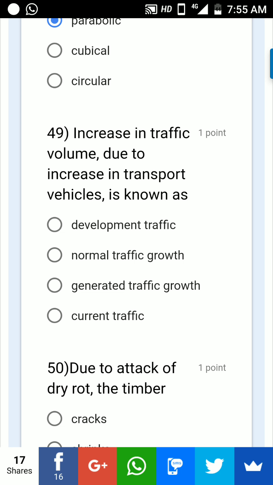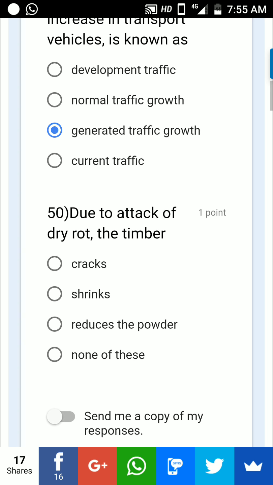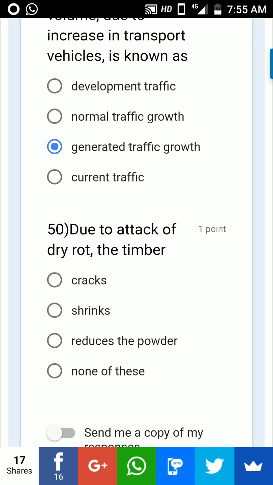Increase in traffic volume due to the increase in transport vehicles is known as generated traffic growth. Due to attack of dry rot in timber, reduce the